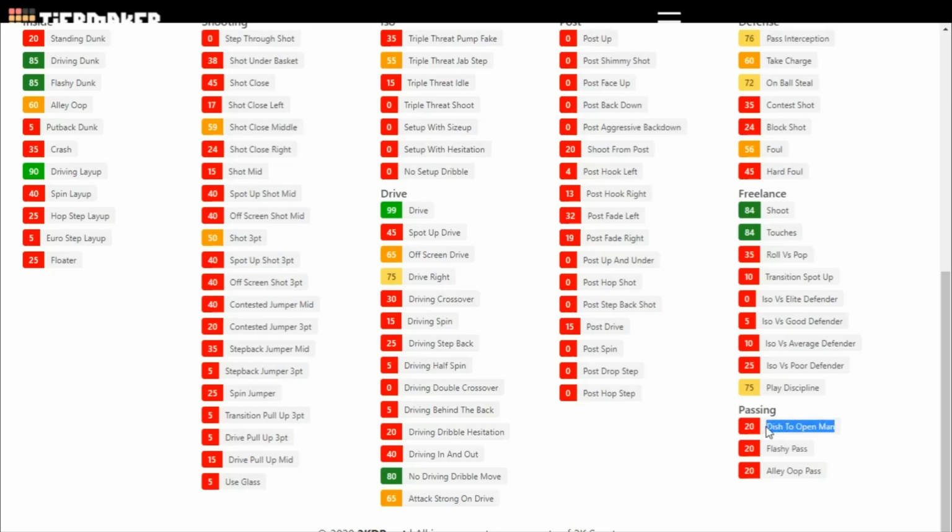Dish to open man, this tendency really only makes a difference when you're not using icon passing, so instead you're just basically trying to directionally aim it and press the A button, which is something I'm guilty of and I try to break as well. This tendency will actually make it a little bit easier to do that. You'll find an open man even if you're not pressing the right direction sometimes. Because you know it's 2K, sometimes you'll be aiming it somewhere else, but it'll just throw the ball completely not where you want it to go. This tendency has a lot to do with it.